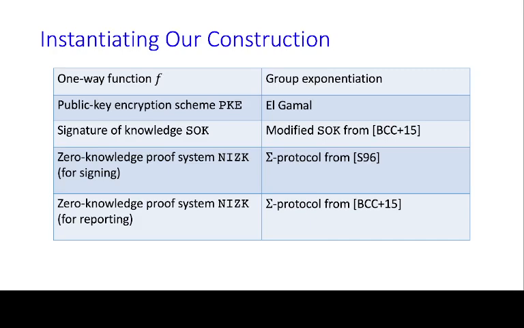To prove that the correct reporter token is encrypted to each ring member, we use a Sigma protocol that proves the ciphertexts encrypt a discrete log, and we modify the signature of knowledge used in the accountable ring signature by Bootle et al., modified to account for the double layer of encryption used in our construction. And finally, we use a standard Sigma protocol to prove correct decryption of the signer's identity by the tracer.